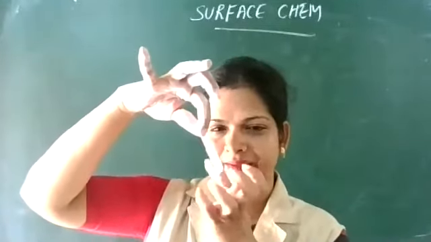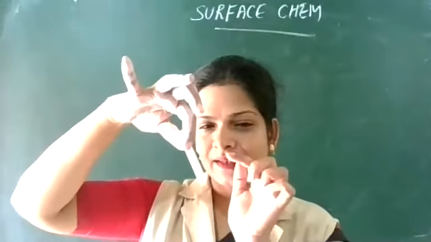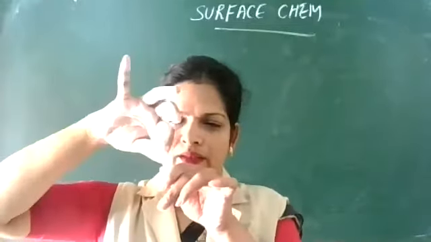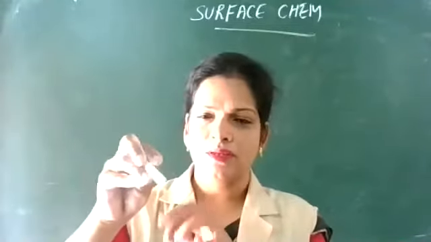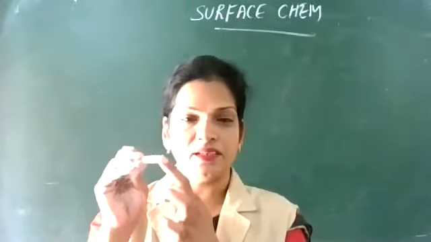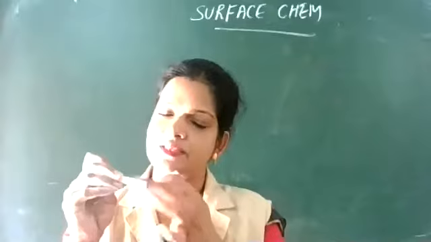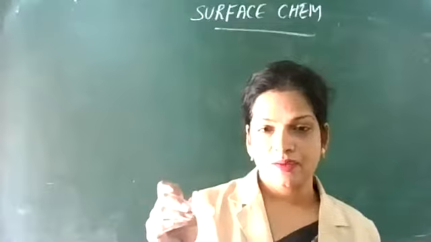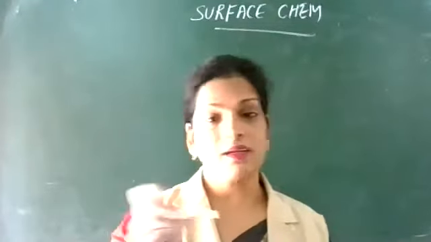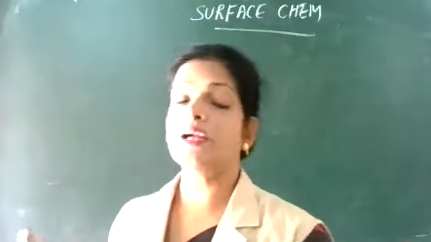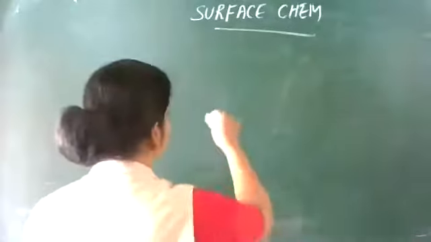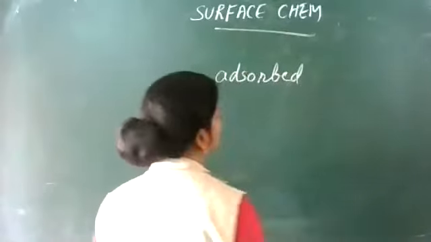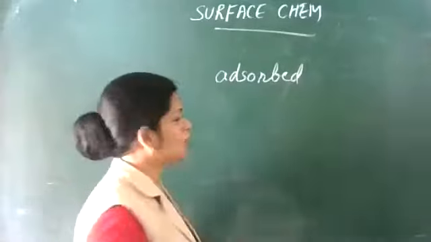The chalk looks red, but that red color won't go into the interior of the chalk. If I break that chalk, you will see white color inside. The outer surface is red, but the chalk is wet from inside. Water enters inside, but the color does not enter. The color is adsorbed, but water is absorbed.